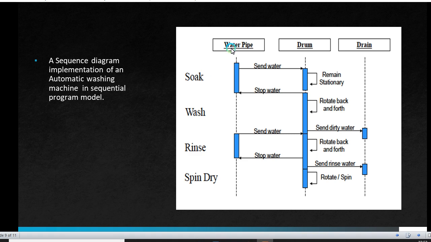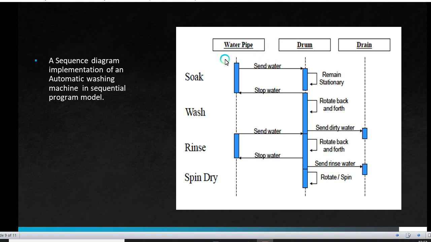The length of each focus of control describes how long the process will be active in the water pipe. We can also see the dashed line which shows how long the activity is valid. So these are some of the entities which we need to familiarize ourselves with before explaining the sequence diagram.